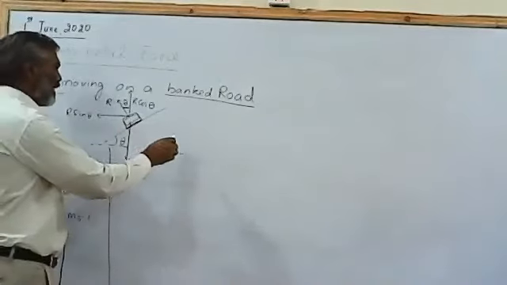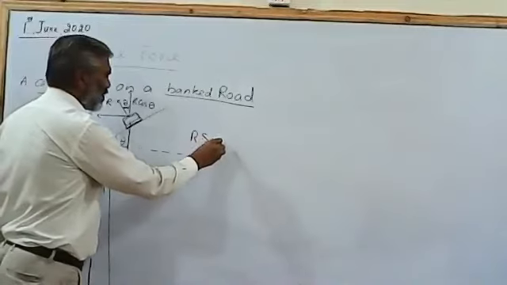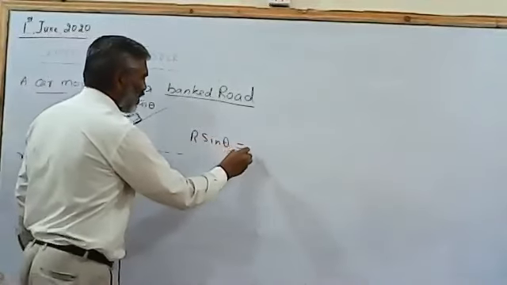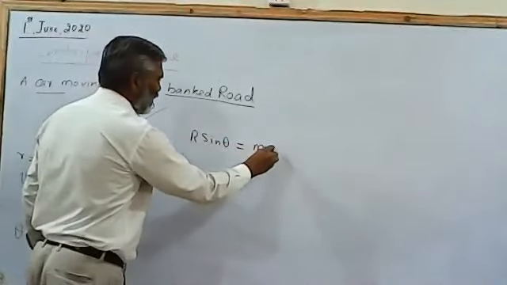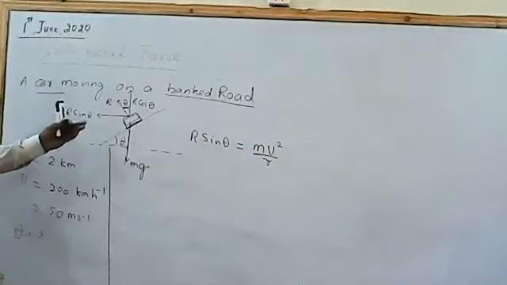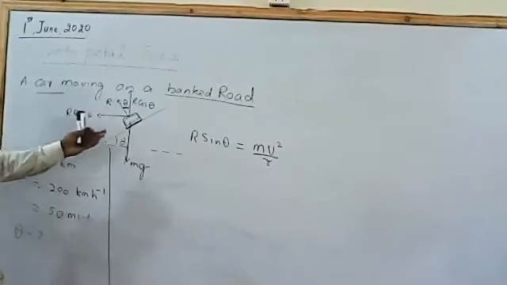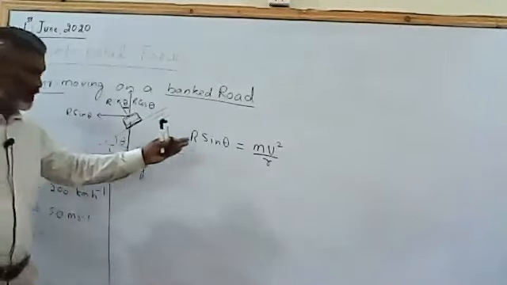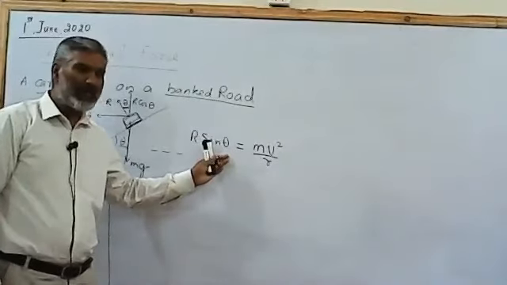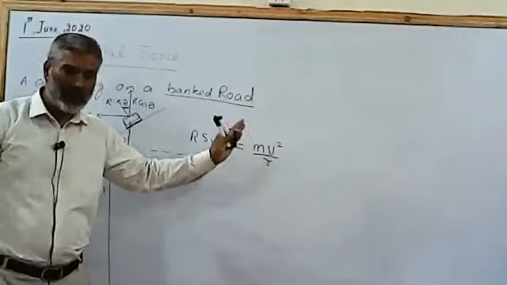One is R sin theta equal to mv square over R, because R sin theta is the force directed towards the center. Therefore, this force is acting as the centripetal force, and that is why I can write this force equal to